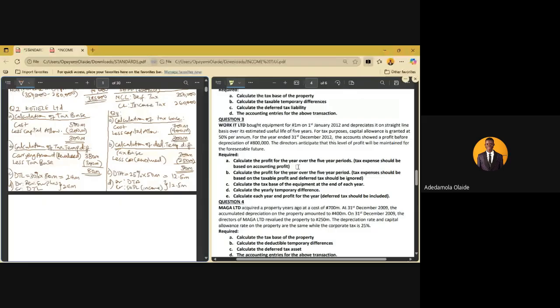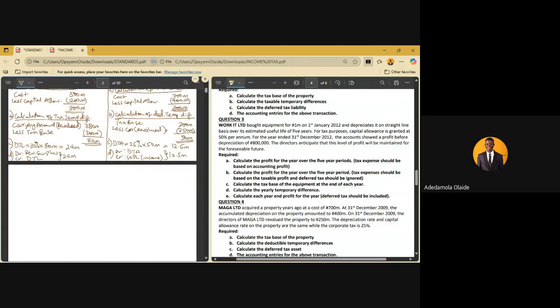For the year ended 31 December 2012, the accounts showed a profit before depreciation of 800,000. The directors anticipate that this level of profit will be maintained for the foreseeable future. We have to calculate the profit for the year over the 5 years period. So we'll have